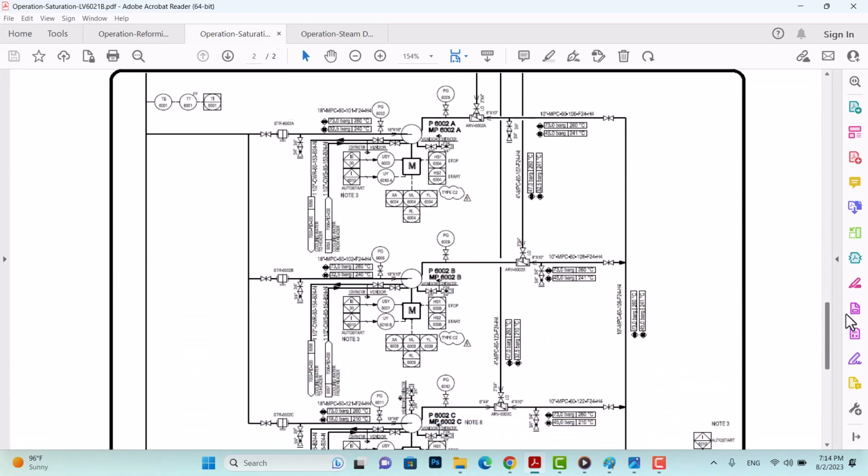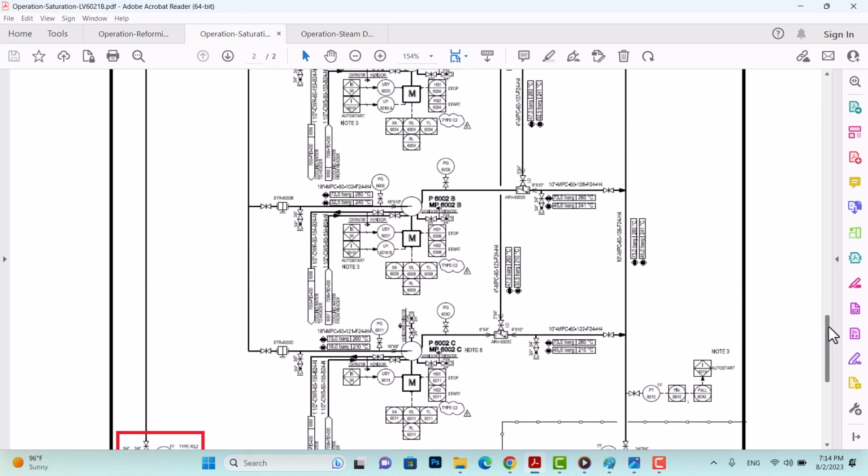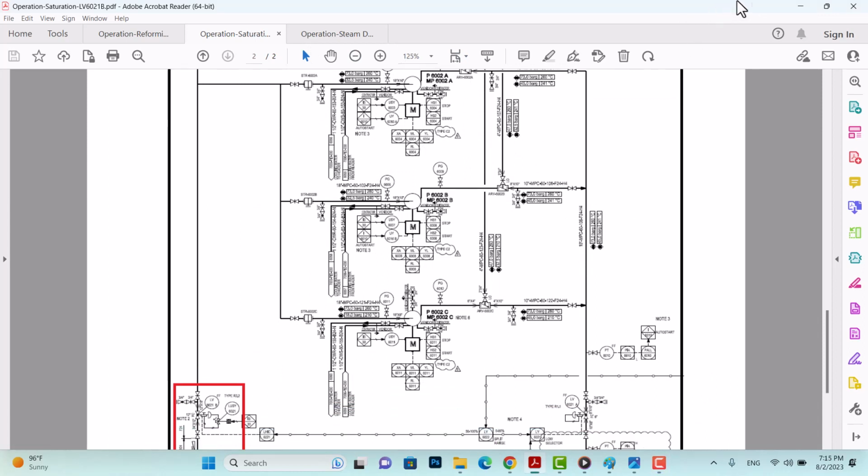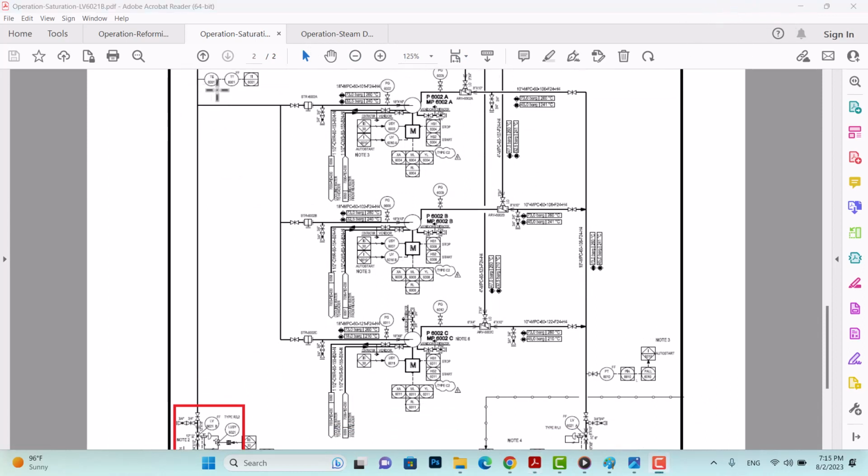So let's go to the P&ID to see what experience we have gained. Here you see the P&ID. On the upstream, we have a storage tank, and this storage tank contains a surplus amount of process condensate. For the purpose of optimization, we are supposed to use this process condensate as the source of